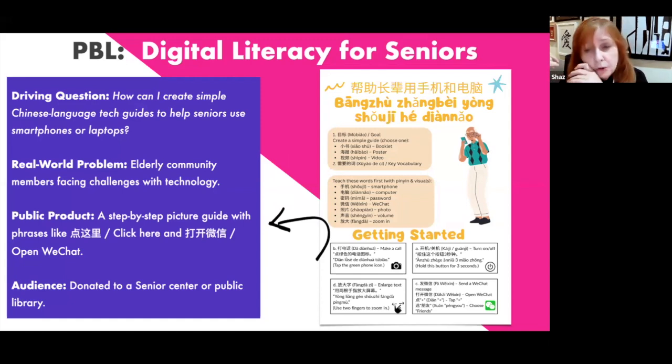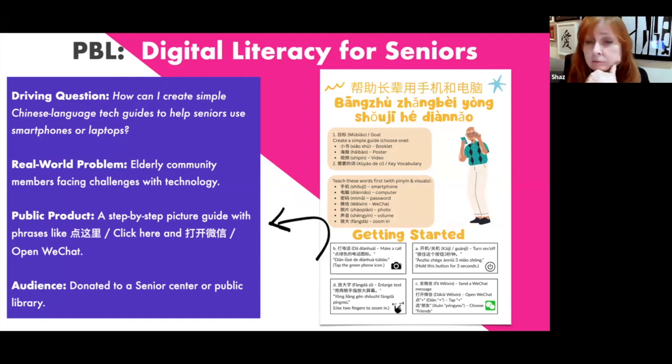And you can donate the guide when it's finished to a senior center or to a public library. And then I give them this little handout here with some of the words that we're going to be using, but they're not limited to those. But then we start looking at the content and how they can create this guide.